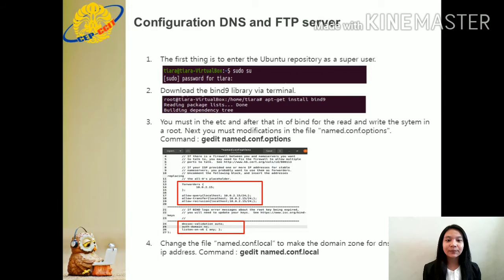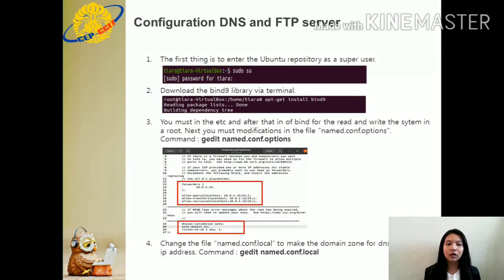Next, I want to explain about the configuration of DNS and FTP server. The first thing is to enter the Ubuntu repository as a super user, with the command sudo su. Next, download the bind9 library via terminal. Next, go to the etc directory, and after that into the bind directory, to read and write the system as root. Next, you must modify the file